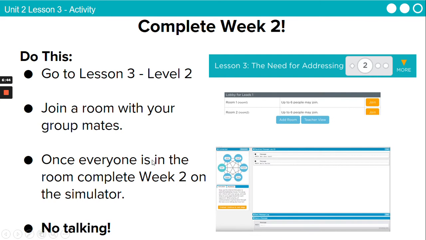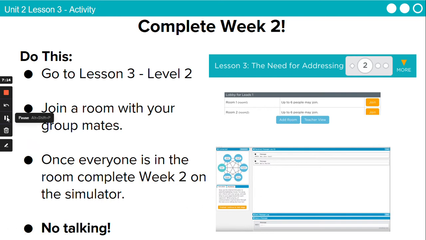Your screen will look like this, where you have the number of people in the room. It's telling you can join. Okay, so room 1, room 2, and you can join the room and complete the task, and you're not talking. When you're in the room, you'll have it connected like this, and you are writing to the people. You're writing and asking the questions. You are not talking. Well, we can't even talk here now because you're on the internet, so you definitely won't